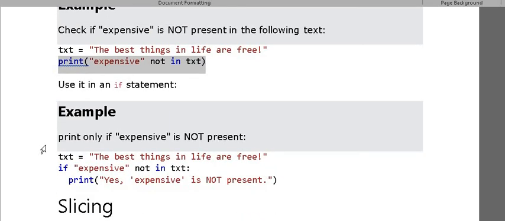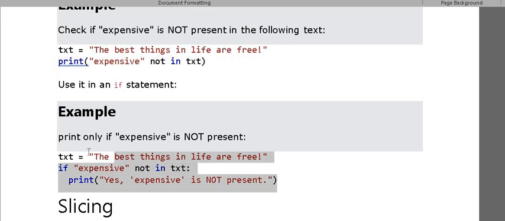We can also check it by using the if statement, taking the string after the if, whatever string we want to check. Not in means the variable containing the string is checked for that particular word. If it is not in, whatever appropriate message we want to print is given here.